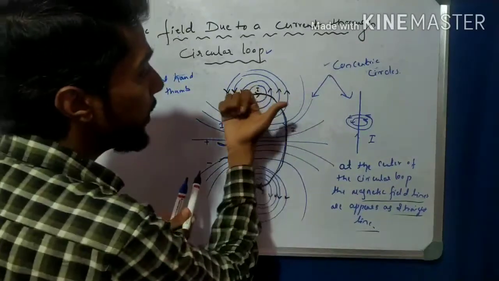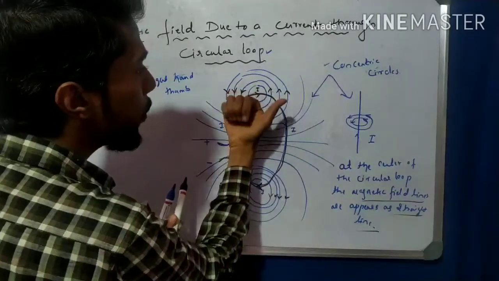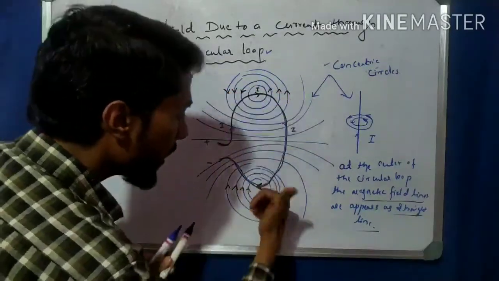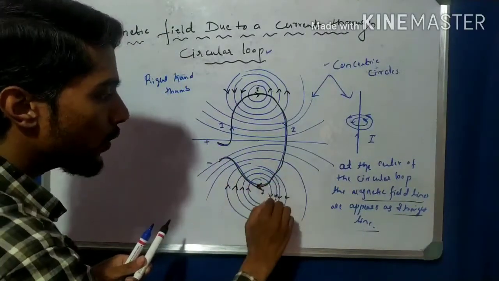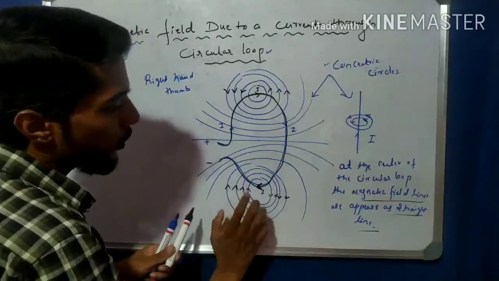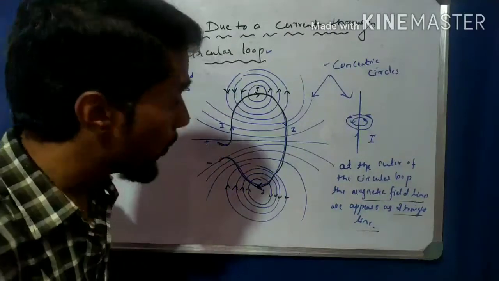So this is the current. Here observe that it is in the downward direction, so downward here means it comes to upward. Downward in this direction for the current, and then the current goes in these directions from positive to negative, so this direction is inward, downward, and downward means it is upward. So this is the direction of the magnetic field inside a circular loop. That is very important.